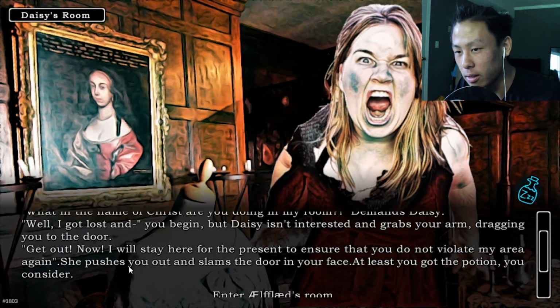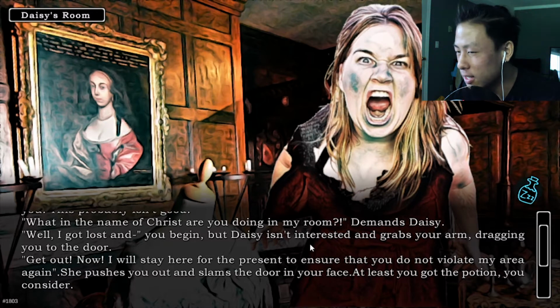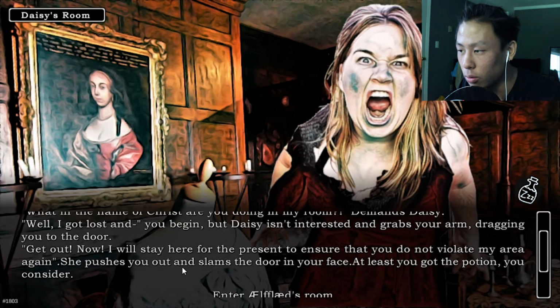This probably isn't good. "What in the name of Christ are you doing in my room?" demands Daisy. "Well, I got lost and..." you began, but Daisy isn't interested and grabs your arm, dragging you out the door. "Get out now! I will stay here for the present to ensure that you do not violate my area again." She pushes you out and slams the door in your face. "At least you got the potion. You consider..."